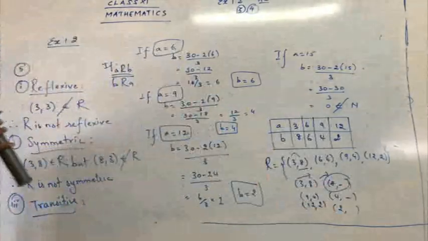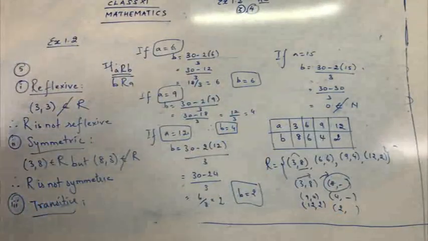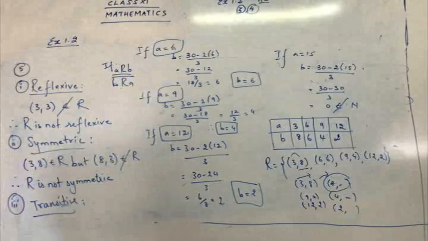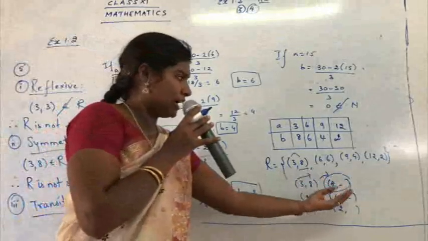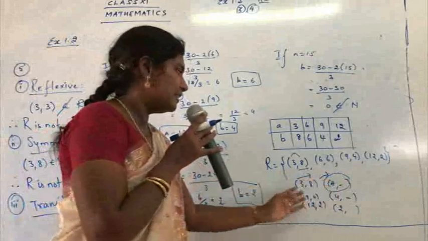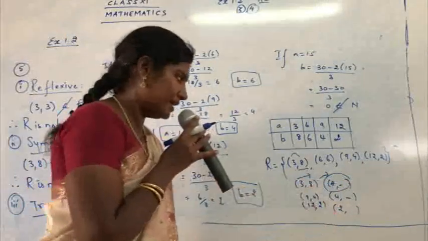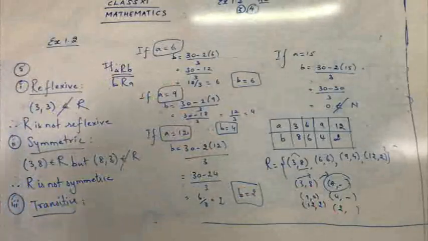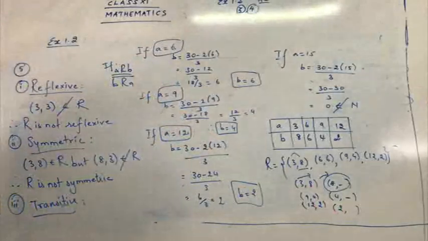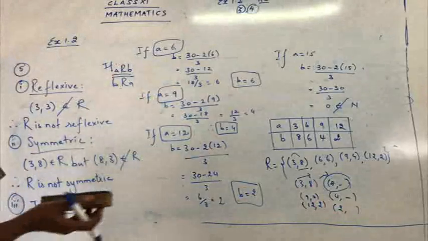But now what happens in the given relation? In the given relation, we don't have such a pair. That is, if I take 3, 8, I don't have a pair which is starting with 8. Similarly, if I take 9, 4, I don't have any pair starting with 4. Similarly, if I take 12, 2, I don't have a pair starting with 2. So now, we are going to write down here one explanation part.